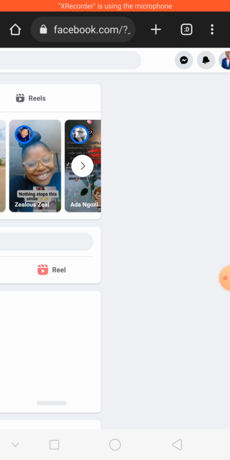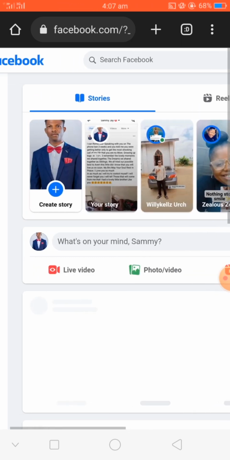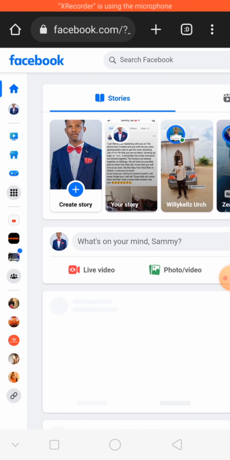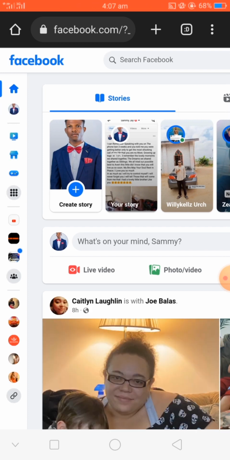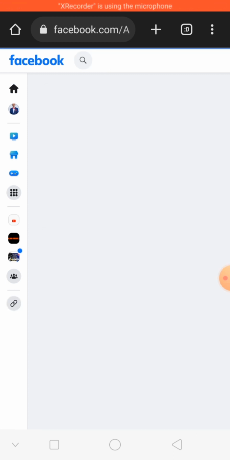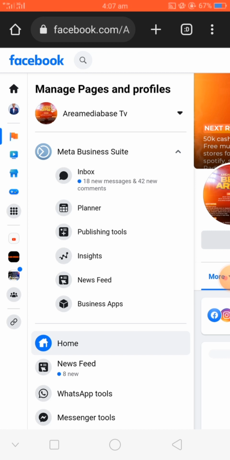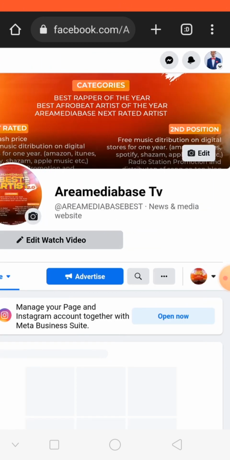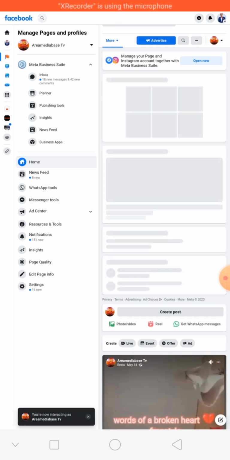Okay, let's go back. Let's locate the page that I want to convert. Okay, this is the page here. Let's convert this one to the new user experience. It's loading, just a few minutes. Okay, this is the page here. This page is in the classic mode, not like the one we just saw, the one that had followers, likes and all that. You get? So to change it to the new user experience, all you have to do is